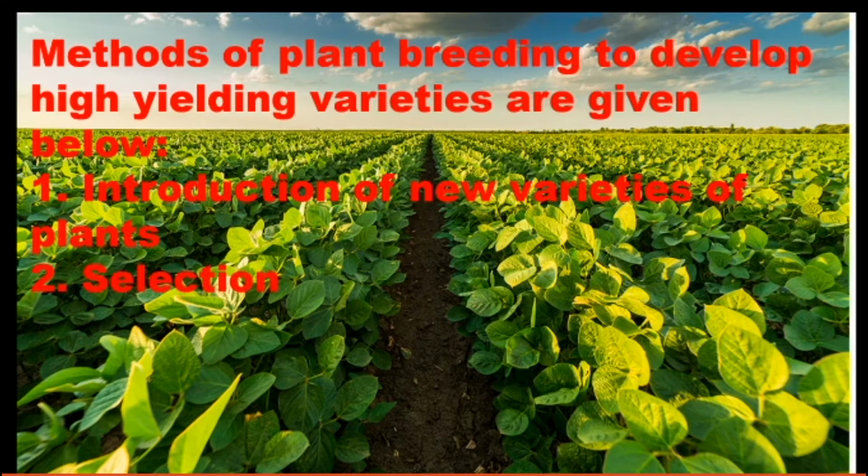The next is selection. Selection is very important because of which variety we are going to select. After cultivating the plants, if we find something worse, it is better to have a good idea beforehand to select the variety. So it is also very important for us to know how to select the particular variety which gives more yield.